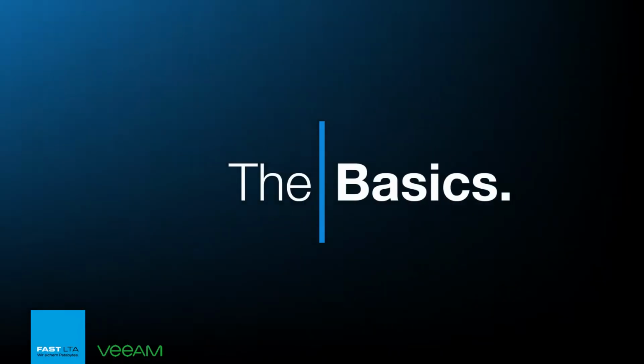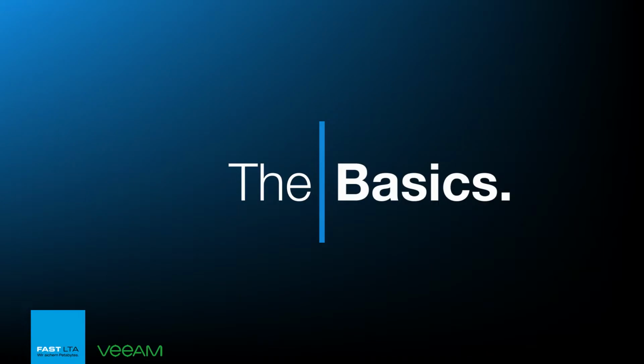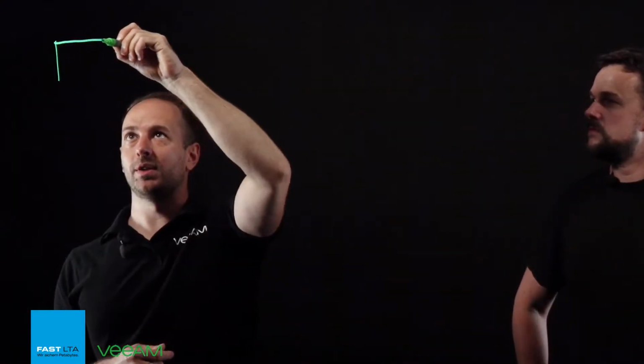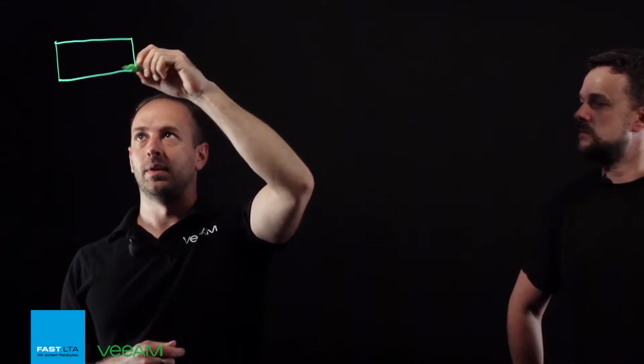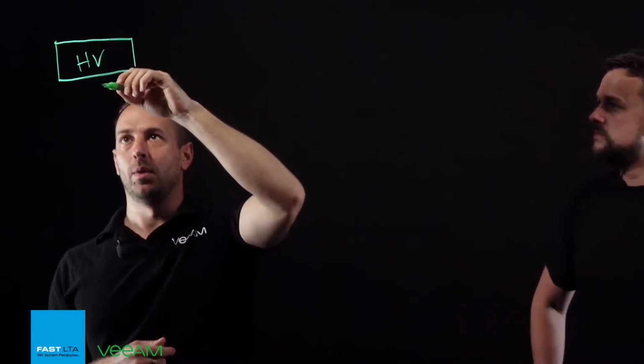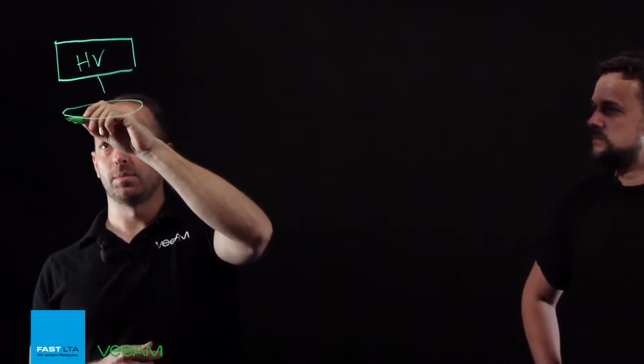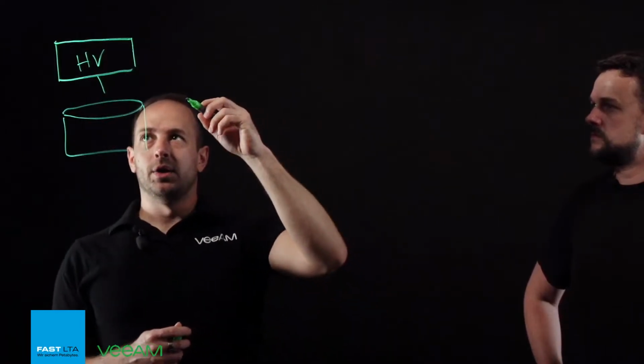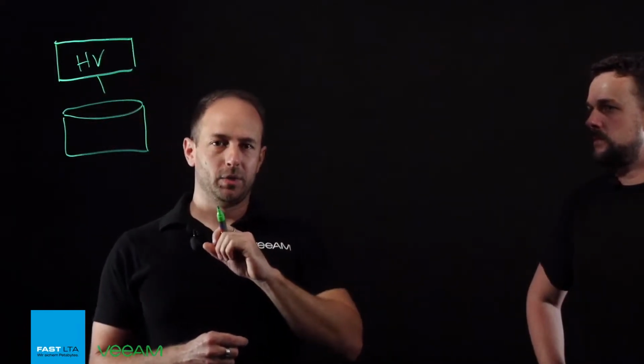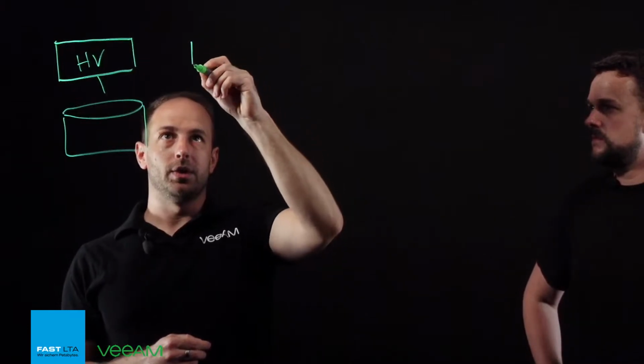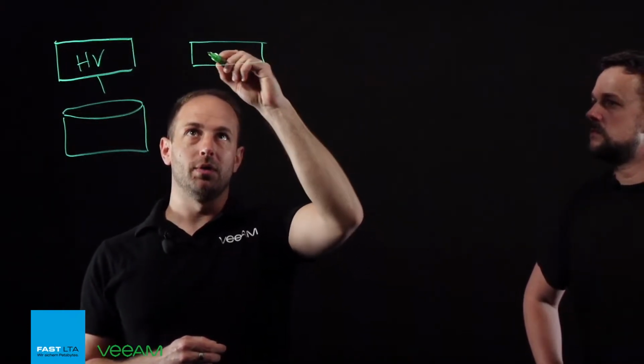Let's start on our Lightboard to show you how we can implement or how we can use the storage system. Let's start with a hypervisor, where we pull out backups based on virtual machines or later on, for example, a file server. So this is where we can get virtual machines from, and let's continue with our Veeam Backup & Replication server,